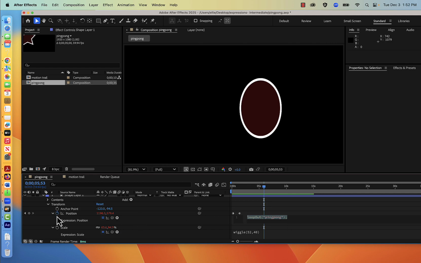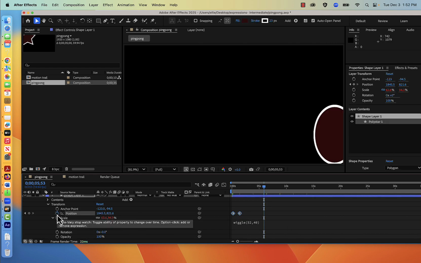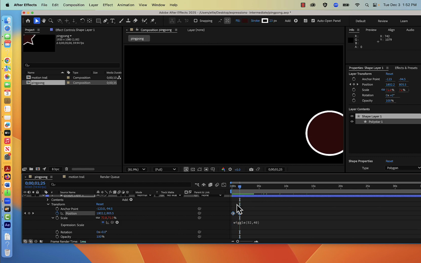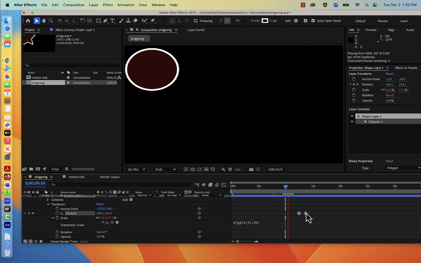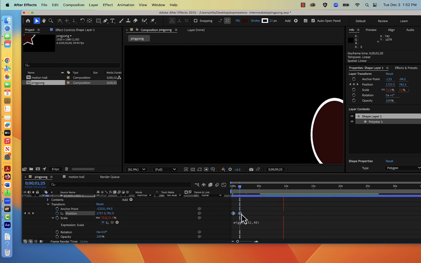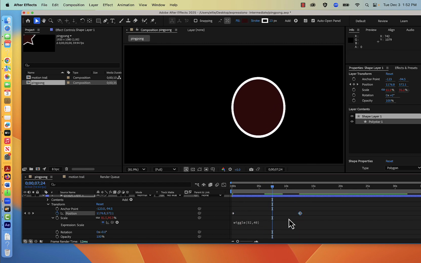Actually, I'm going to start fresh, so I'm going to disable this expression. I still have my expression on the position and the wiggle, but you can see once the keyframe ends here with my position, it basically is stuck unless I add another keyframe to it. If I move it, you can see it's going to slowly move here, which is something that I actually don't want. Hang on one second. So if I did this, it slowly is going to move down, which is something that I don't